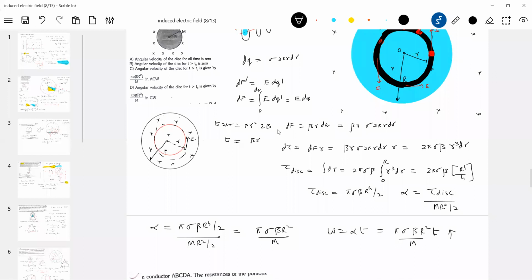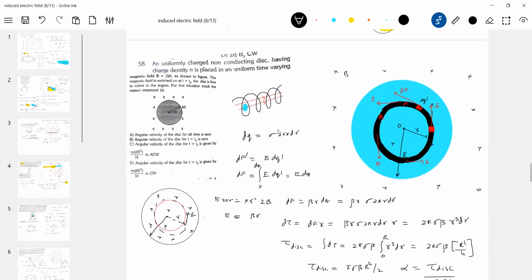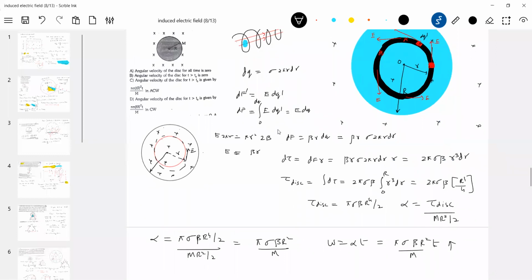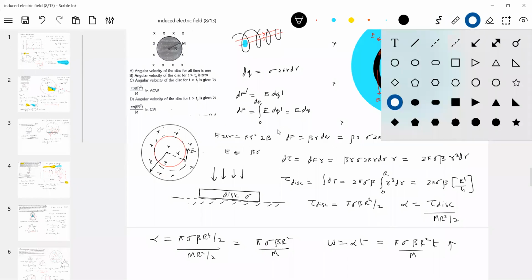Okay, now if the disk is placed on a rough surface, tell me what changes you are going to make. It is on a smooth surface, the disk is placed on. So our entire discussion is like this. Still, if you are finding it difficult, B bar is directed like this, and this is a disk. And the disk starts rotating about a vertical axis.